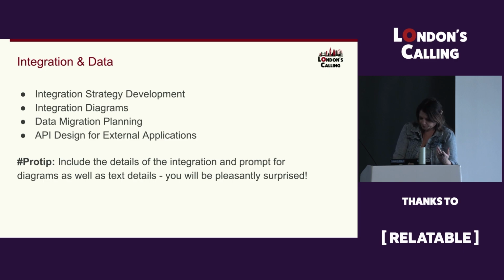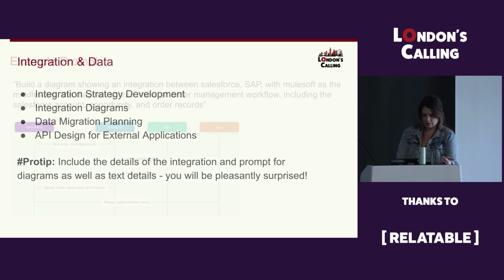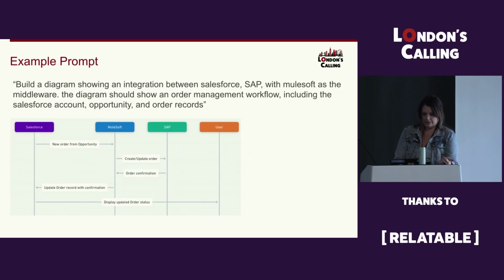So I would say my pro tip here, which is something I learned when creating this presentation that I didn't know you could do, is that you can prompt for diagrams and not just text readouts. So if I go into ChatGPT and I tell it to build a diagram showing an integration between Salesforce, SAP with MuleSoft as a middleware,